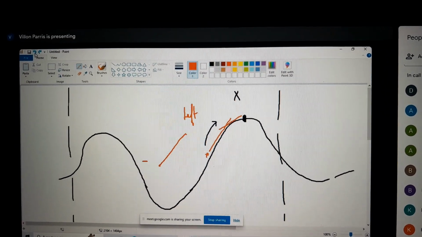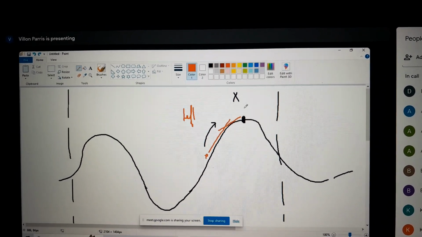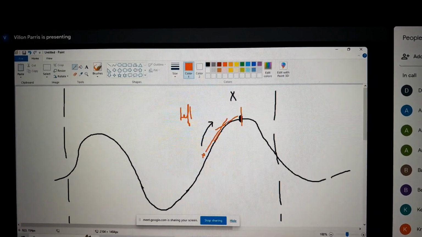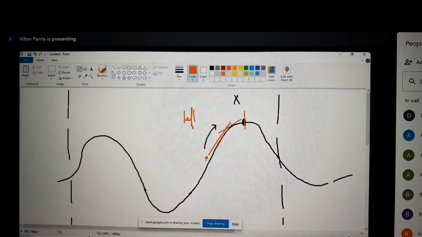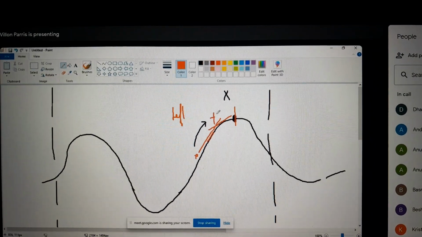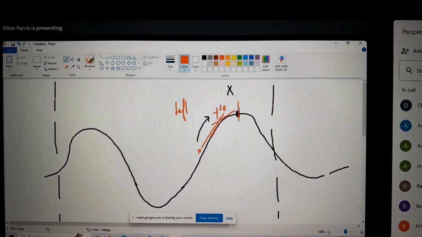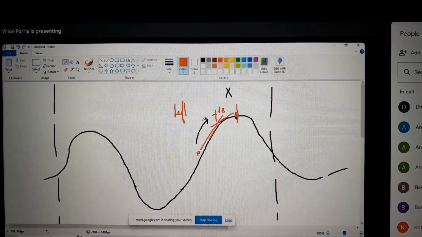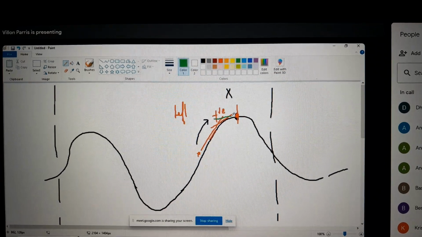So as you can see here, on the left side of the point X, as we get closer, the gradient of the function is positive. You'll get positive values. When we reach the stationary point, and I want you to try to understand this, the gradient will be